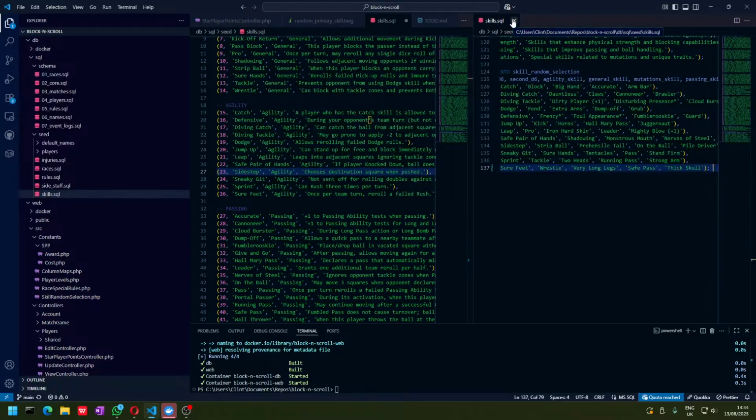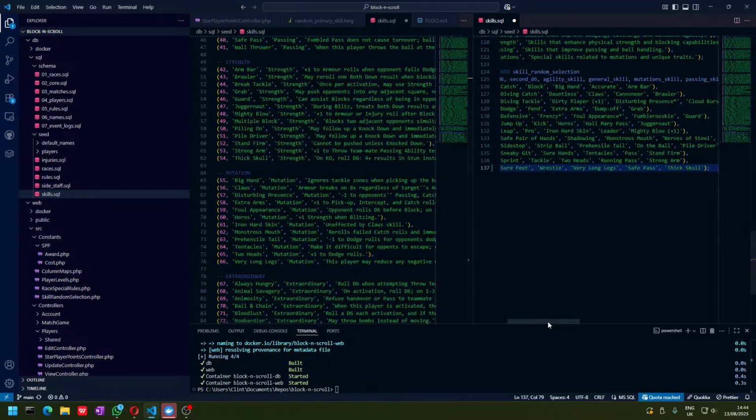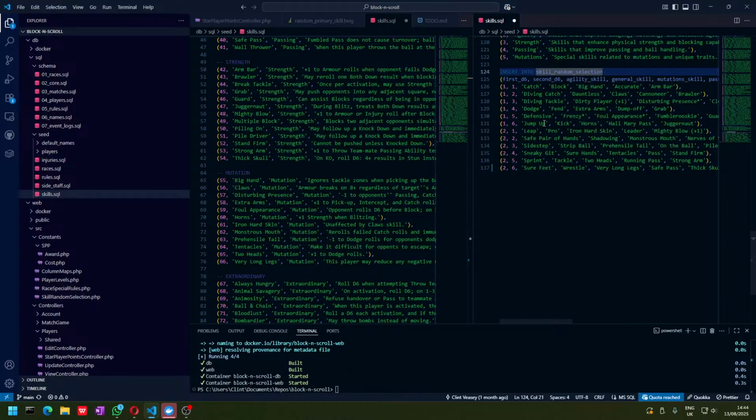So if we have a quick look here at the table, I have this skill random selection, which maps skills by name to dice rolls. And there's a few problems with this. First of all, the first D6, I'm not sure if it's a D2 roll. Also, the linkage is on the name of the skill rather than the ID, which I'd prefer. And also, this is all duplication, because if you look at